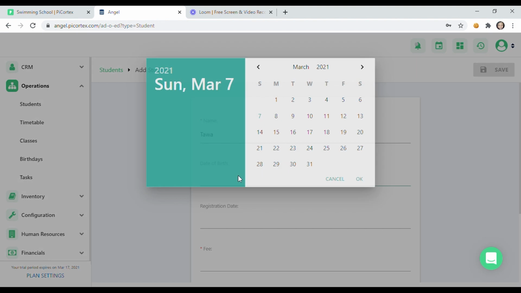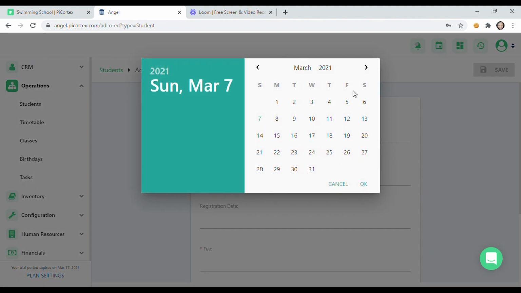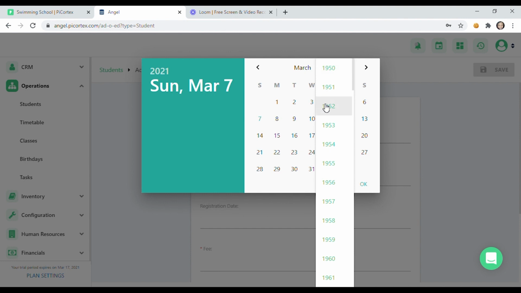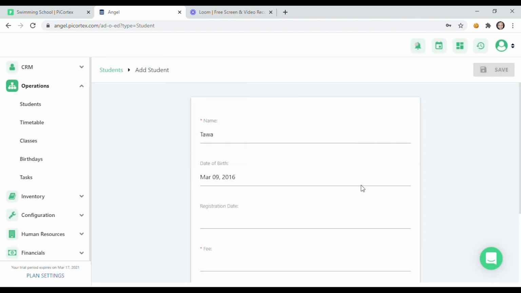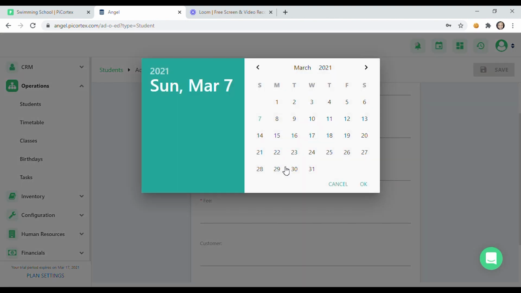adding their details, the student's date of birth. Excitingly, you don't have to scroll down through each year. You can select the year, and then you can select the birth year of the student, and then you can select the date that they were born on. Okay, the date that they register with your swimming school on,